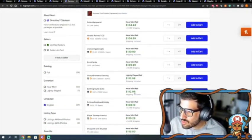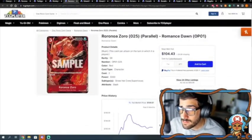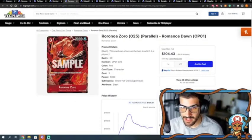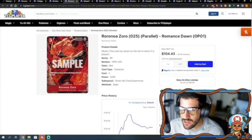Seems like the zone is a lot of 110, so he's about a $110 card, which is, in my opinion, pretty darn reasonable for this type of card. The artwork is insane. His ability is fantastic. His stats are amazing. I don't want to keep repeating the same, but it's a very good card, and honestly, being able to see it at $100 is really, really cool for the community,